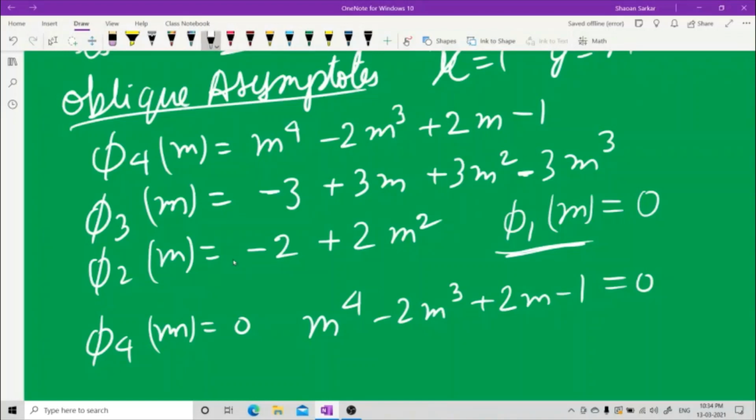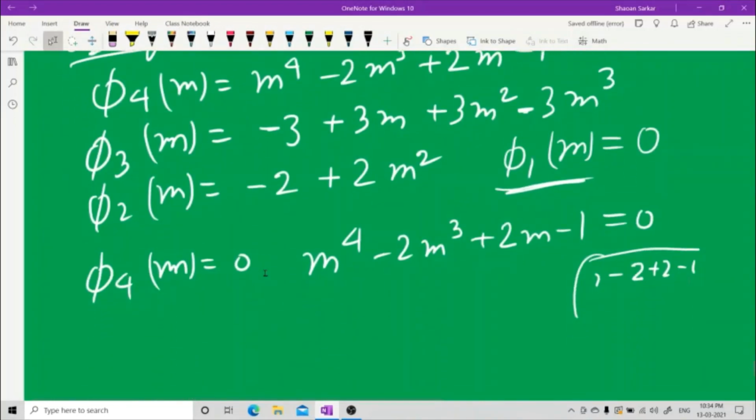Try with 1. So this will become, let's do it in rough: 1 minus 2 plus 2 minus 1. Okay, m equal to 1 is the root. M equal to 1 is the root of this. Because, see,